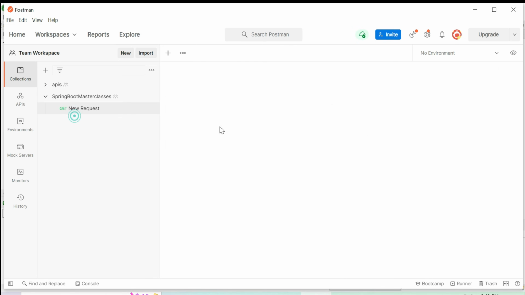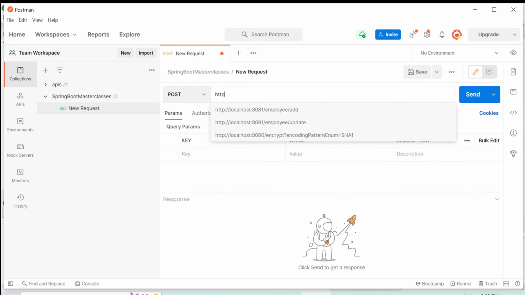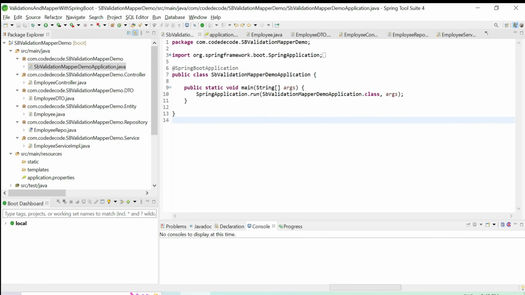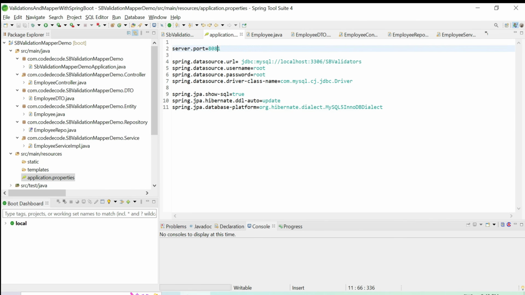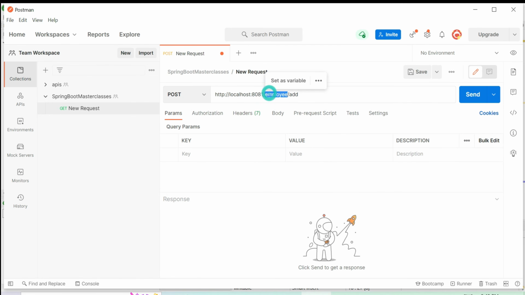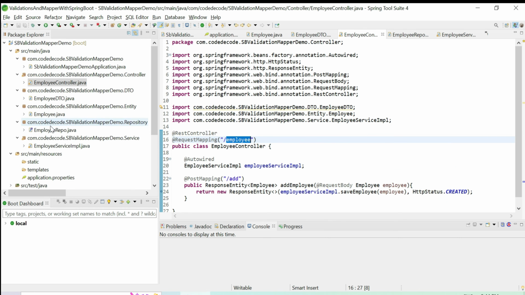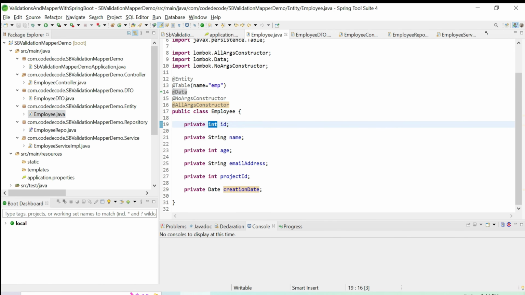Now here I'm going to add a request and we need a post request. We need http://localhost:8081 because the application property says it's 8081 and my controller's base is employee, which is true, and /add is perfect. In the body, I need to create a JSON and JSON is going to have some fields from employee DTO. For a change, this time it's